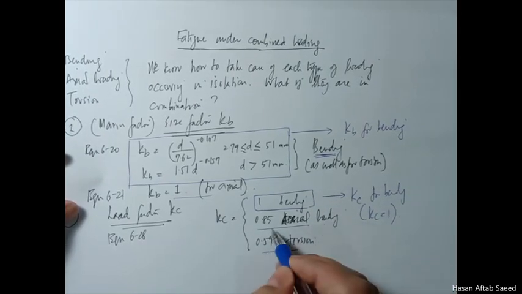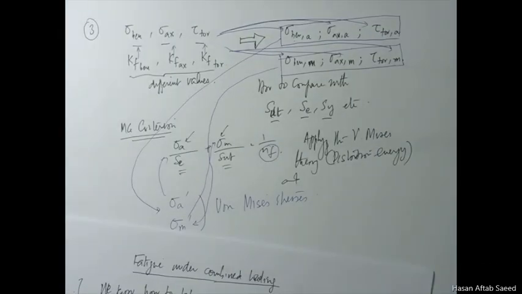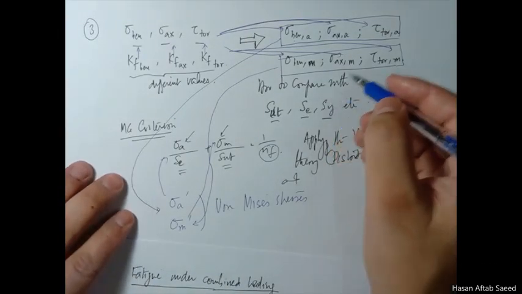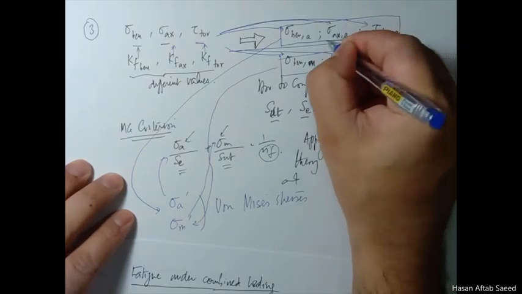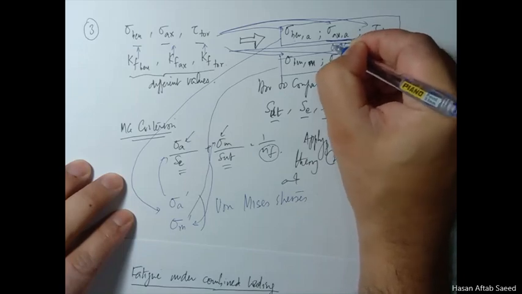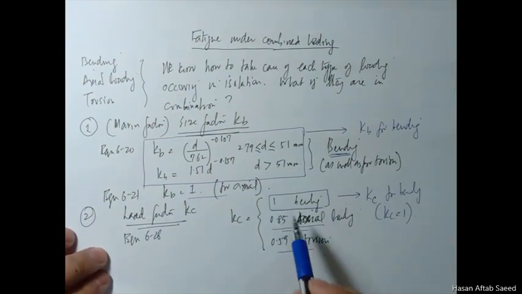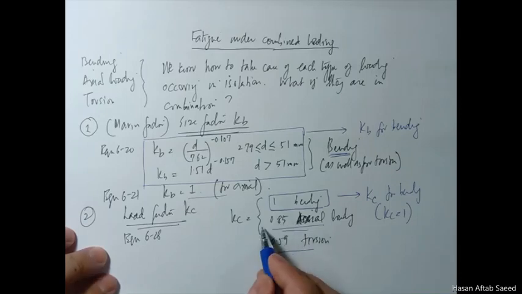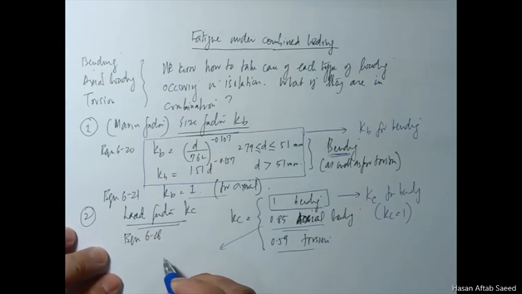So the solution for this problem is, to include the effect of this axial loading, this load factor Kc 0.85, what we do is, when we calculate the amplitude component of axial stress, we divide it by 0.85. Now recall what 0.85 did. For your problems where these occur in isolation, 0.85 decreased